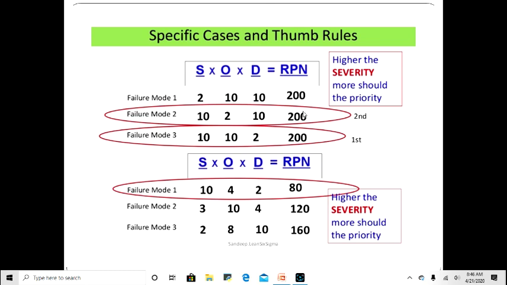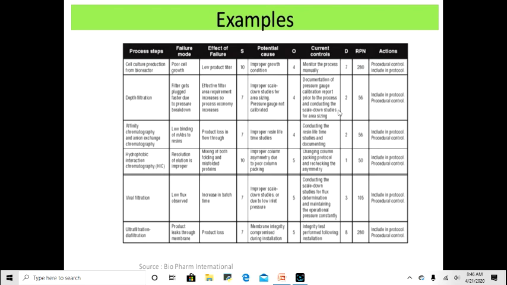So how do you choose the cases? Based upon the figure 10, and if it is for the first one, yes, you have to choose this. Second one this will be second to be concentrated, and this will be the third one to be concentrated. You will be reducing the RPN number, right? So there are so many examples, especially in the biotech sector. I have taken a simpler example, but if you take a biotech sector or a pharma sector, these are the things to be taken care of.